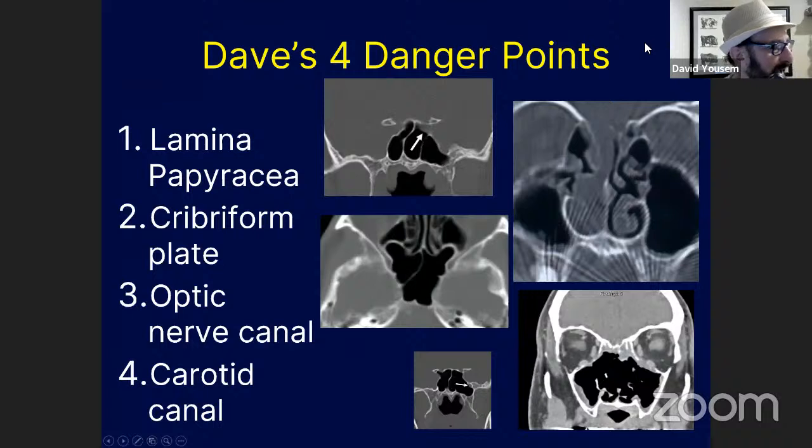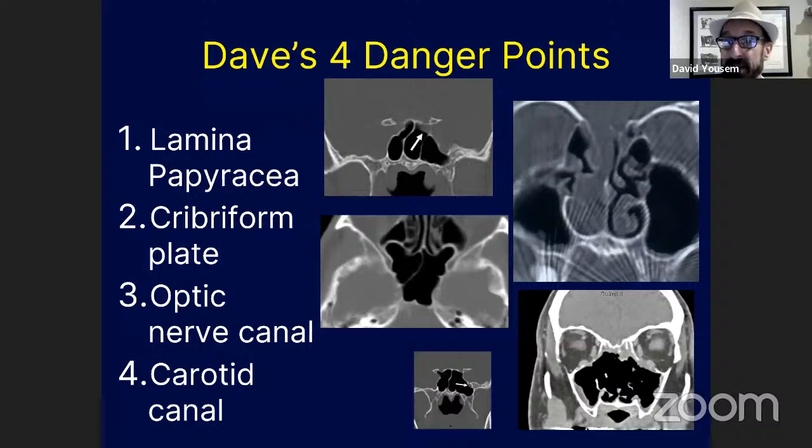All right. I want to make a point here that on this case, you saw that there was some dehiscence along the lamina papyracea. And when I am reading a sinus CT where I know the patient is going to surgery, or is about to or has gone to surgery, there are 4 critical areas of dehiscence that you might want to look at and put in your reports. The 4 critical areas of dehiscence are the lamina papyracea, as you see here, along the medial orbital wall,